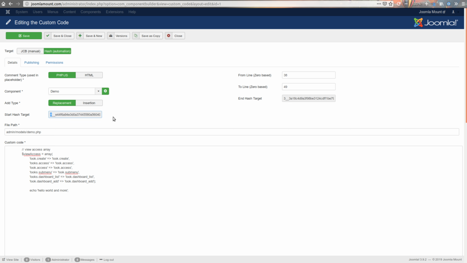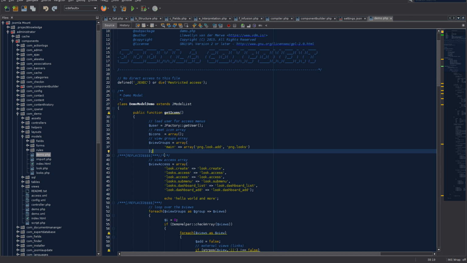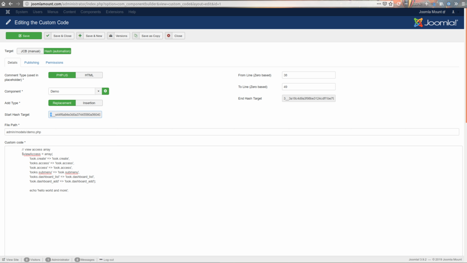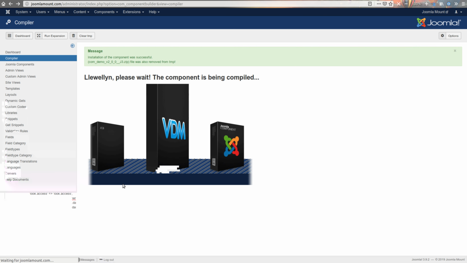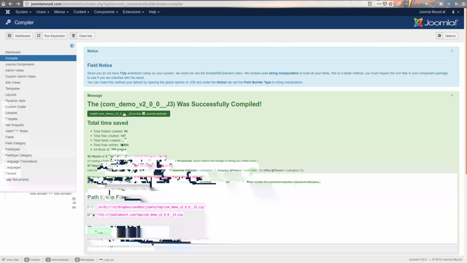Now if you want to do changes within those 8 lines, it's best to start thinking about a replacement, moving the replacement. So for example, to say, okay, I want to also grab this area as part of the replacement. Then you just add the diamonds back in, save the file, and basically come back here, compile the component, and it will now automatically add that code as a replacement of the